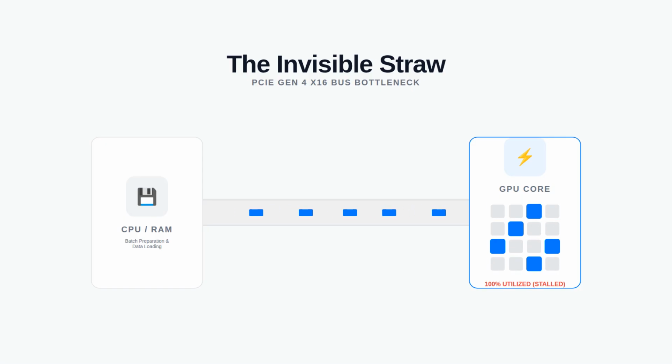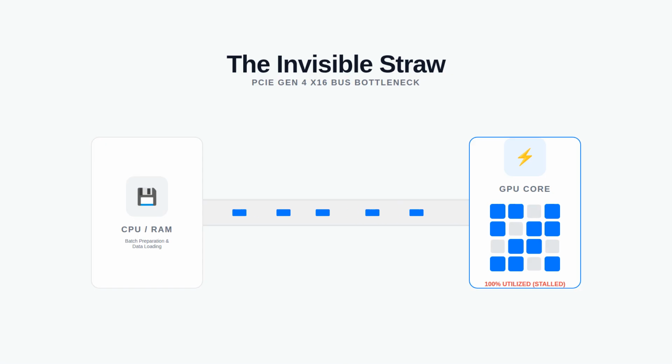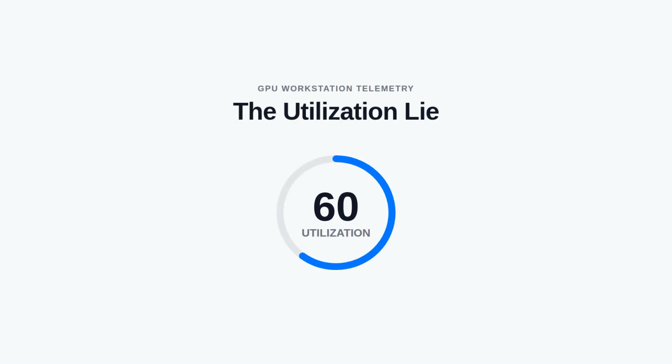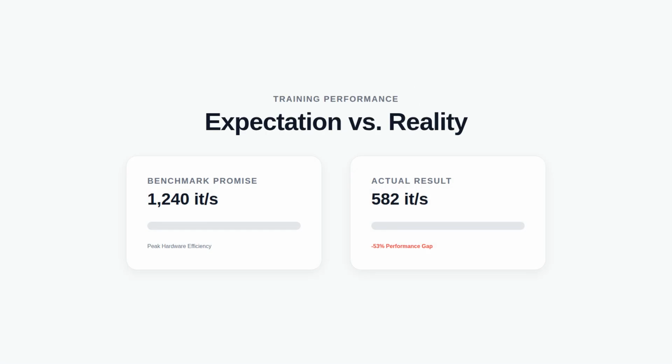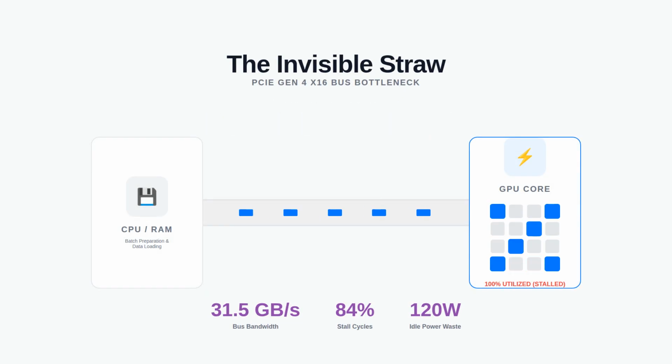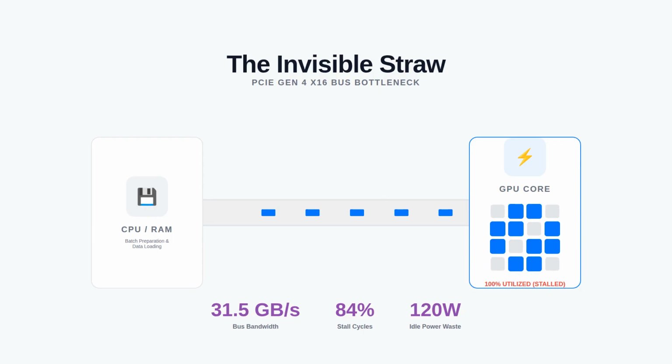You check the thermals, they're fine. You check the VRAM, it's not even full. This is the first trap of modern compute auditing, the utilization lie. Most developers treat the GPU as a black box where higher percentage means better performance. In reality, that 100% figure often represents the execution units being active, but it doesn't tell you if they are doing meaningful work or simply spinning while waiting for data to arrive